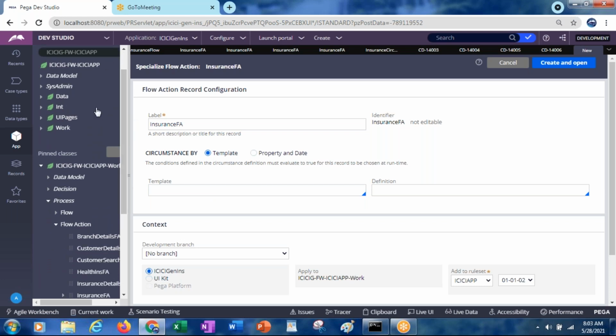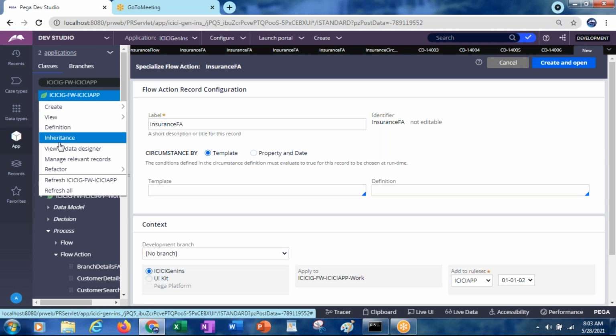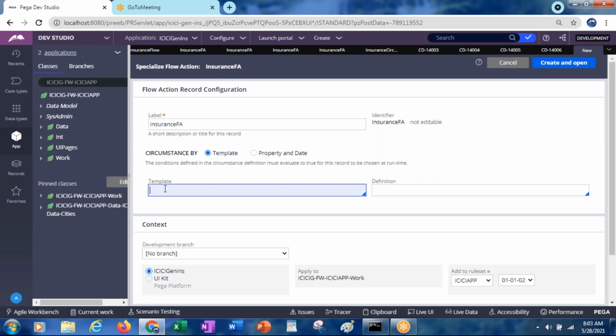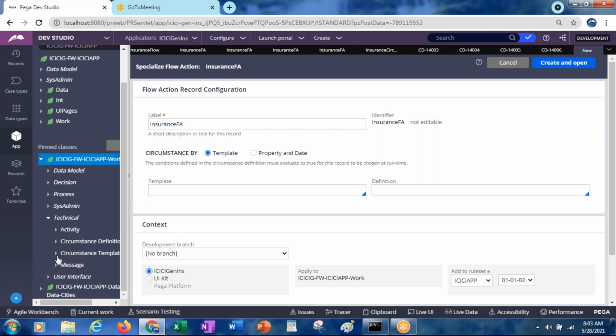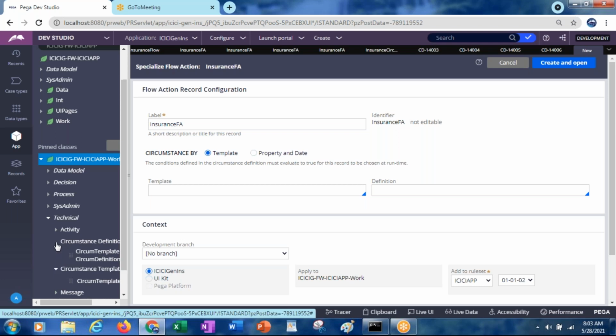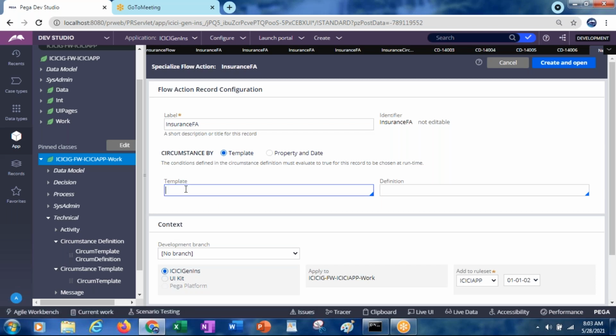Let's refresh and see this App Explorer. Yes, it's there in the work class only, circumstance template and circumstance definition. It's not working.